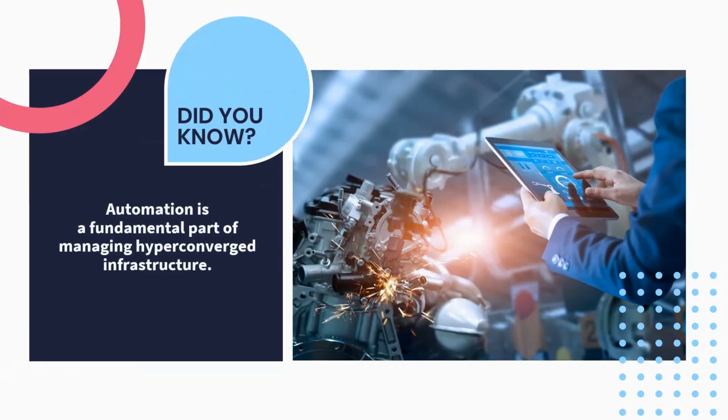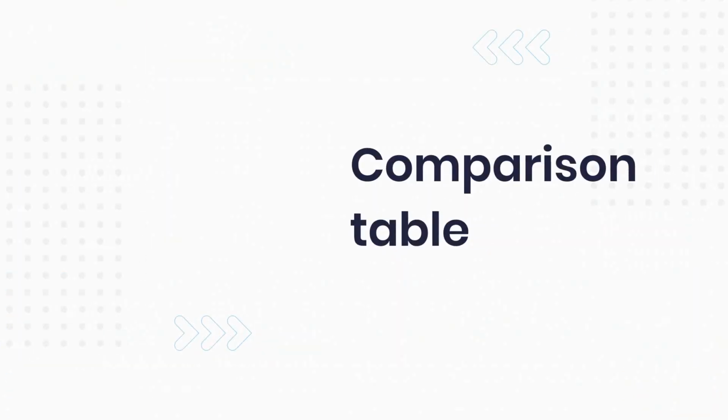Did you know a business can clearly gain all sorts of advantages by using automation? Automation, using technology to make a process or procedure happen with minimal human assistance, is a fundamental part of managing hyperconvergence infrastructure. Before we end off this lesson, let's summarize by looking at a comparison of the four infrastructures: centralized,